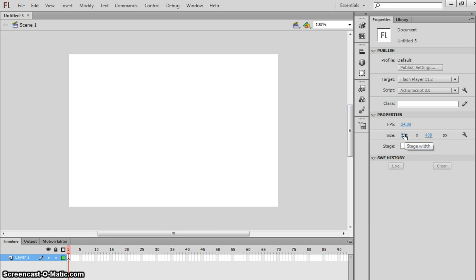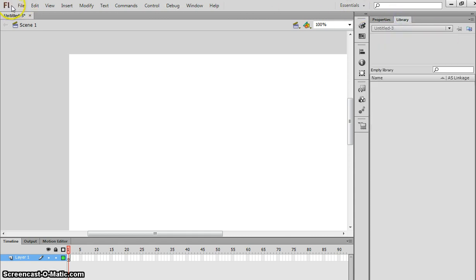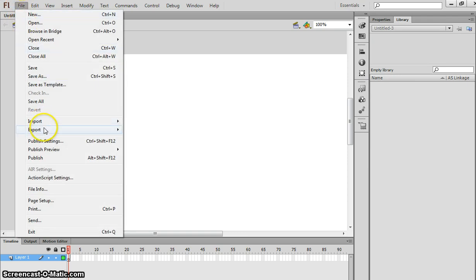Firstly, I'm going to set the stage again to 800, 600. So 800 and 600 here over on the stage there. Right. Next step, I'm going to import three files into the library. I go to File, Import,